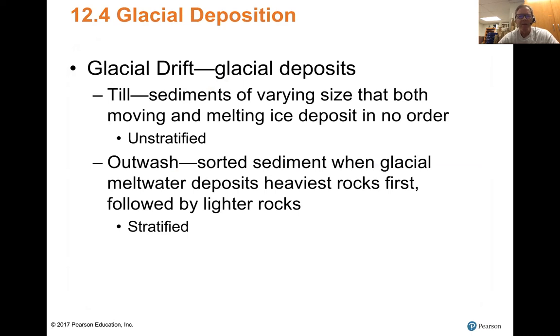Okay, now, just like rivers do, when glaciers move, they transport and eventually they're going to deposit material, these glacial deposits, and we call this till, the sediments of varying size that the moving and melting ice deposit. Now, unlike rivers where the heavier material falls out earlier than the lighter material, in glaciers it's usually not. It's what we call unstratified. There's no order to the deposition